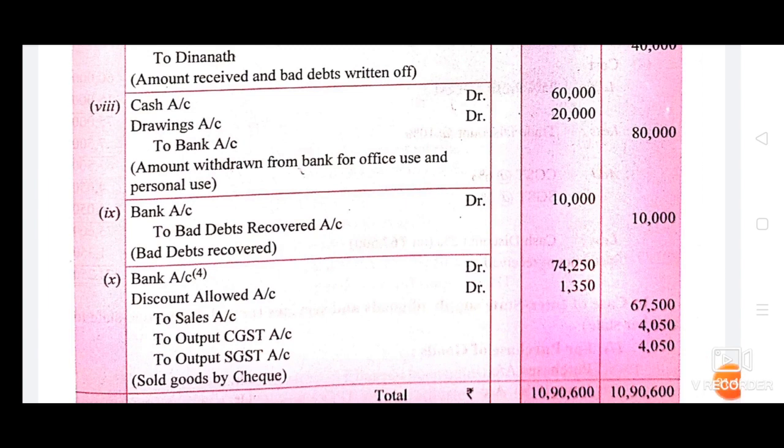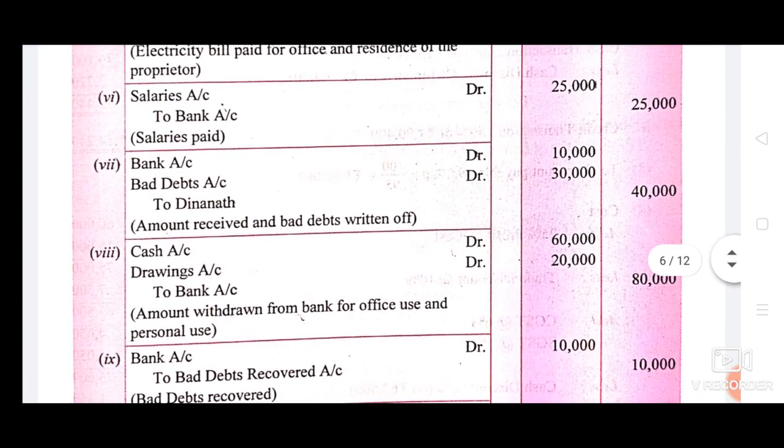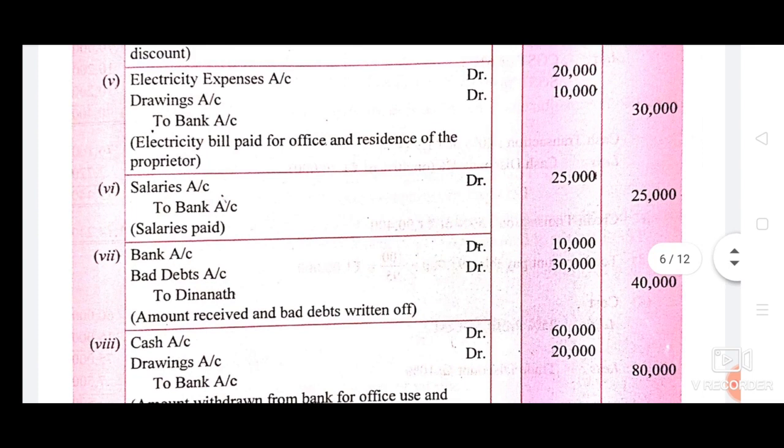Now here in these problems, salary is our expense, electricity expenses are our expense, but we have not calculated GST on those expenses because, as we have discussed earlier, some goods and services are exempted from levy of GST. See the important notes part. Payment of wages and salaries are exempted. Similarly, electricity and water bills etc. are exempted. And in this problem, here we have passed the entry of salary paid and electricity expenses paid. So we have not calculated GST on those expenses. Understood?